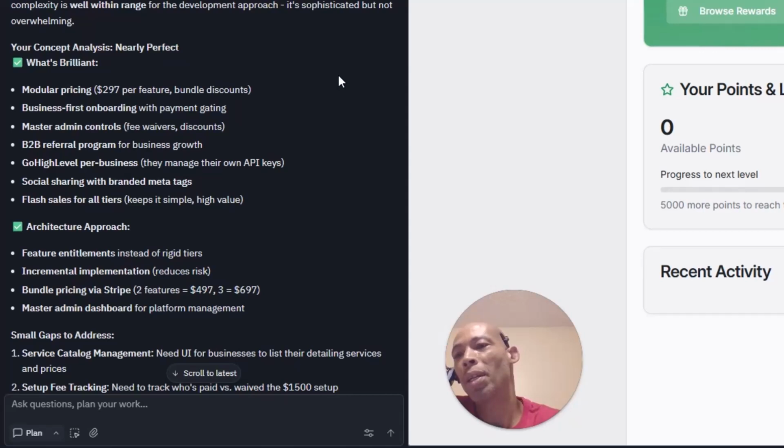Your concept analysis nearly perfect. What's brilliant? Modular pricing, $297 per feature. Bundle discounts. Business first onboarding with payment gating. Master admin controls, fee waivers, discounts. Business-to-business referral program for business growth. Go High Level per business. They manage their own API keys. Social sharing with branded meta tags. Flash sales for all tiers. Keeps it simple. High value